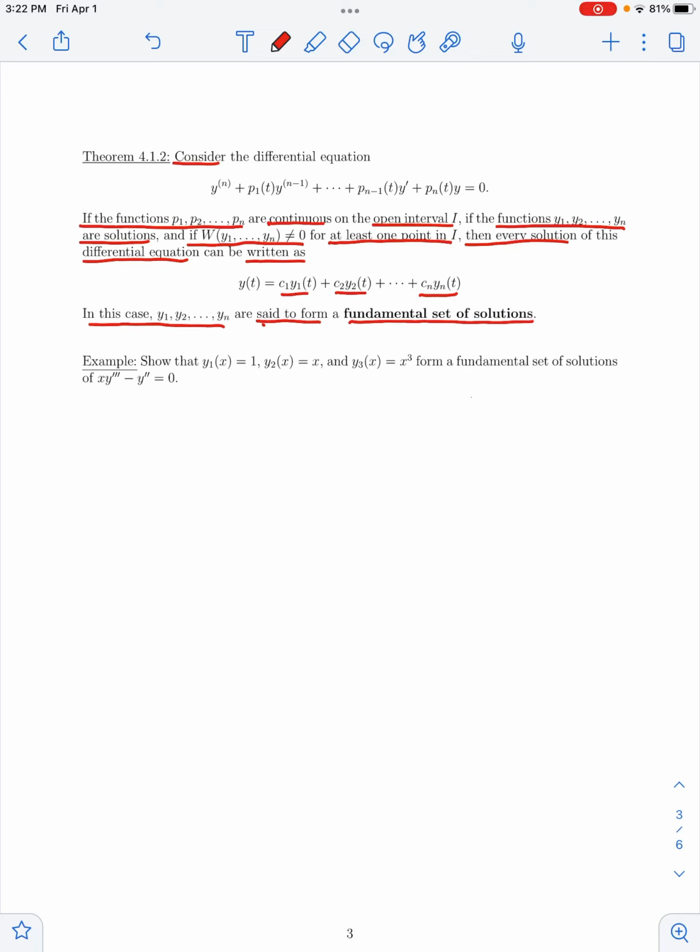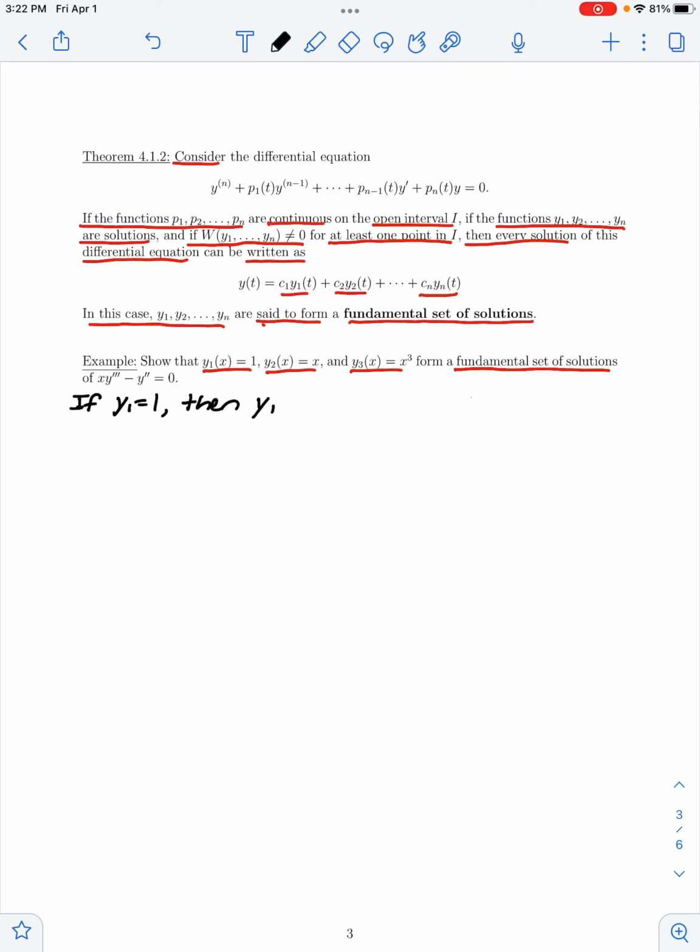So let's look at an example making use of this theorem. Here we are asked to show that the functions y1, y2, and y3 form a fundamental set of solutions of the equation xy triple prime minus y double prime is equal to 0. So the first thing that I need to show that this set of functions forms a fundamental set of solutions is to show that they actually are solutions of this equation. So let's take a look at our first function. If y1 is given by 1,